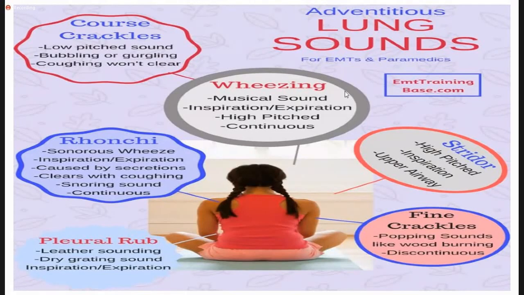Pleural rub, a superficial, scratchy, rough sound, like rubbing. It is because of the rubbing of the inflamed pleural surfaces. There are two layers of pleura, so they rub against each other, producing a superficial, scratchy, rough sound, like in cases of pleural effusion, pleuritis, and it remains unchanged on coughing. If you ask the patient to cough, it will not go away like the rhonchi which went away when we ask the patient to cough.